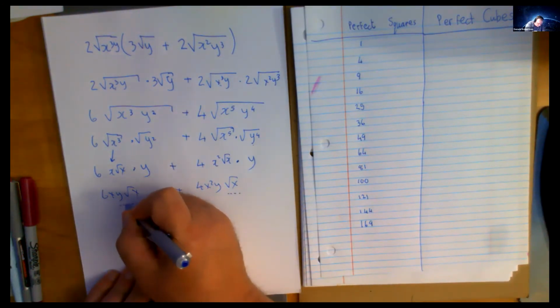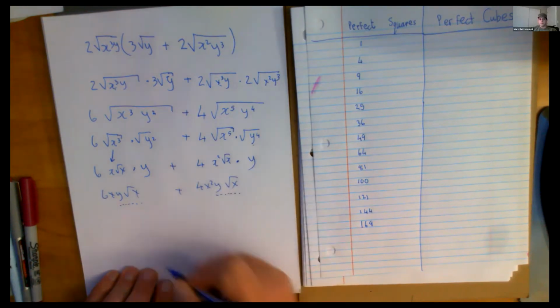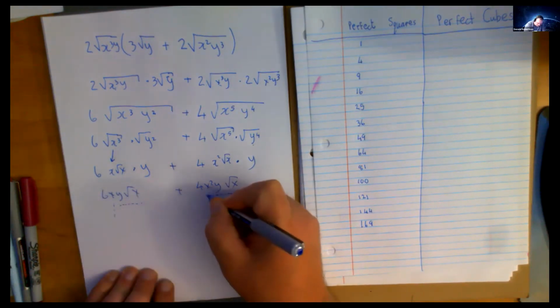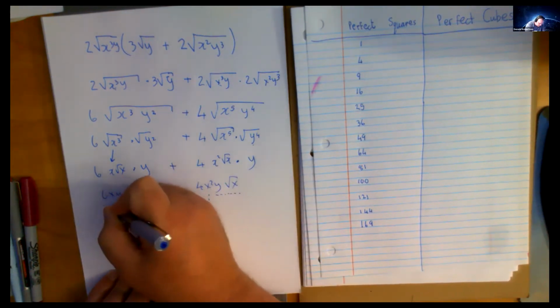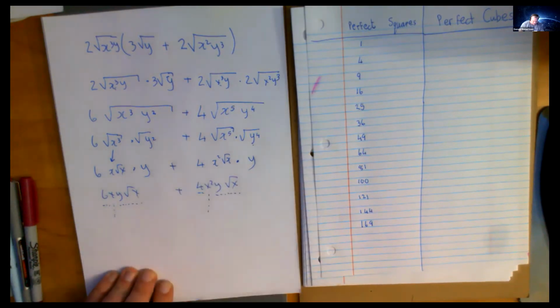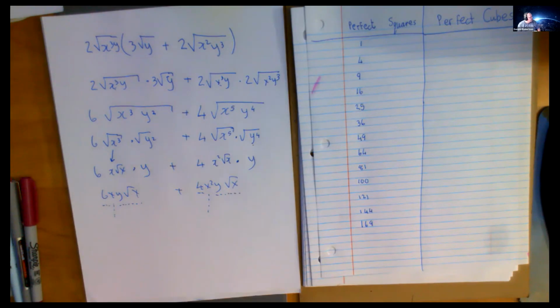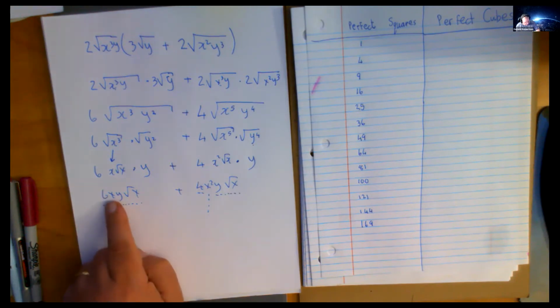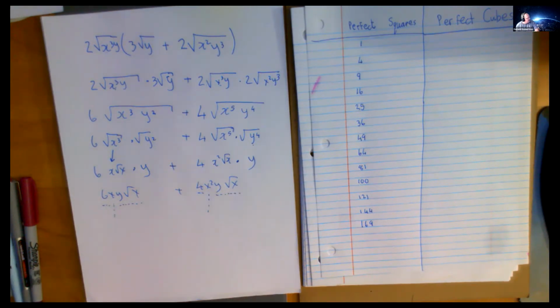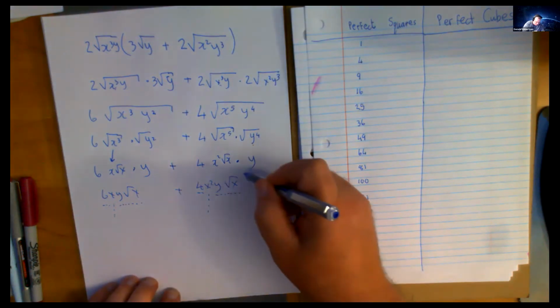Don't they all have a y in them? Don't they all have some kind of x in them? And they all have a number in them? If it wasn't for the fact that that was x and that was x squared, wouldn't these be like terms, and I could add them together and get 10 stuff? But won't that x and that x squared kill that process? They look the same, but they are not. Which means